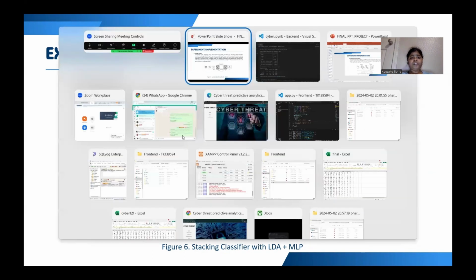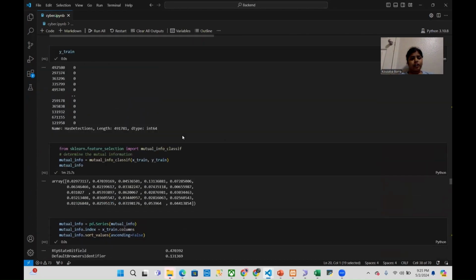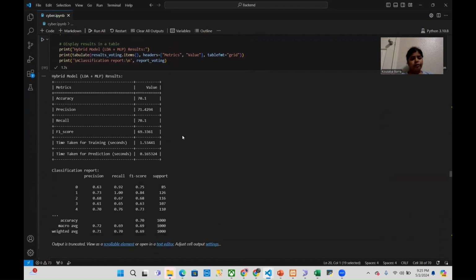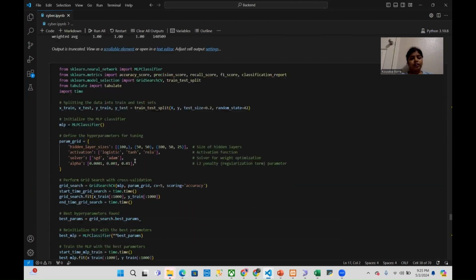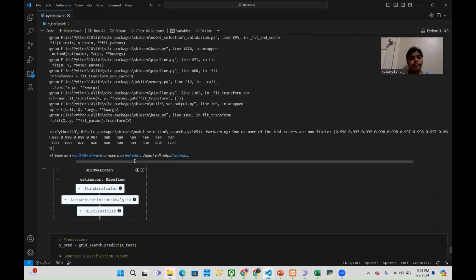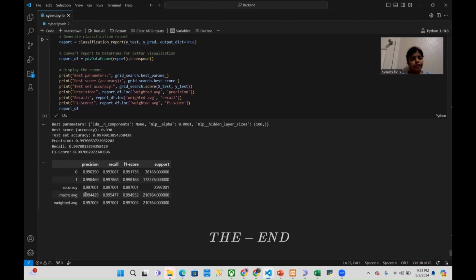Now you can see the combination of both ML and DL algorithms, LDA and MLP, which helps in data feature extraction before, with results of less than 70, along with the time taken for training and prediction. And once it was done after the execution of data extraction with k-best, now you can see the combination of LDA and MLP with an accuracy of 0.99, where 0 results in no detection and 1 results in a detected cyber attack.